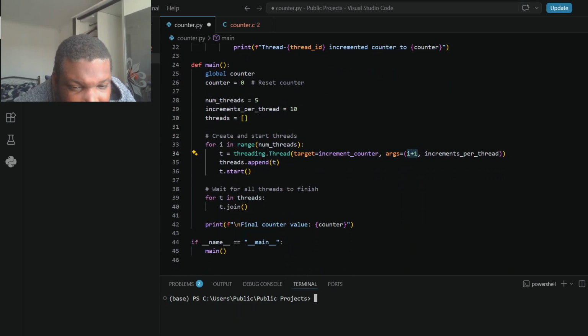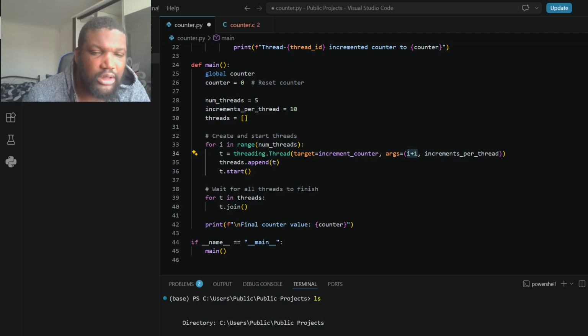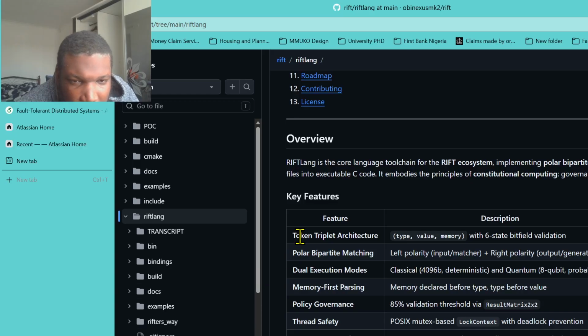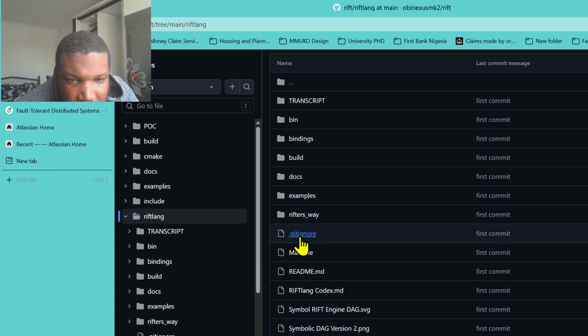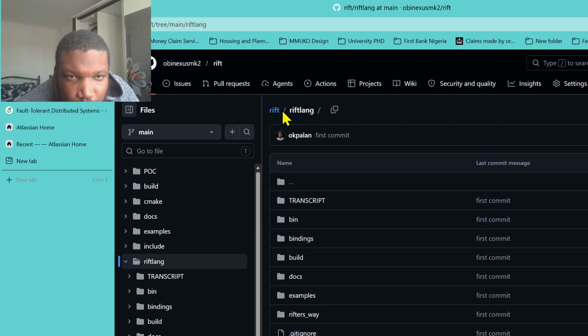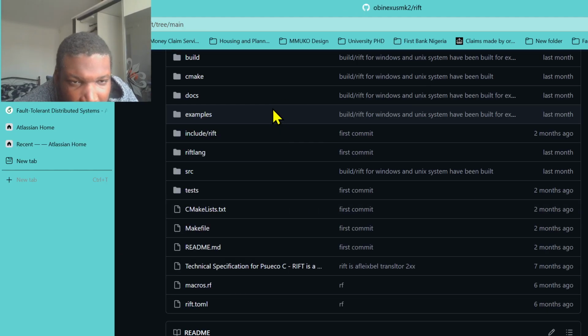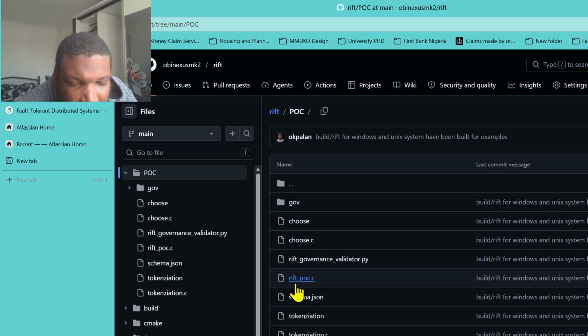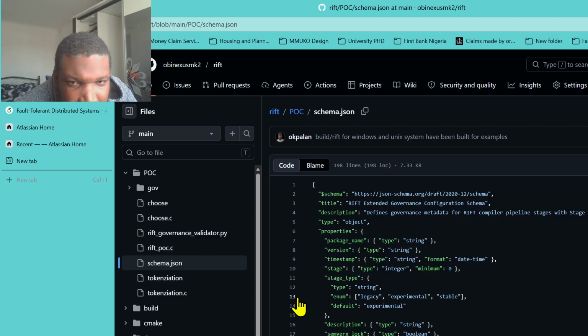So you've got the same equivalent in C. This is a Python counter, and the Python counter is a thread safe program. So, final counter. This is the value of this thread or function. This code does work, but you have the proof of concept. So this is the schema to the JSON,